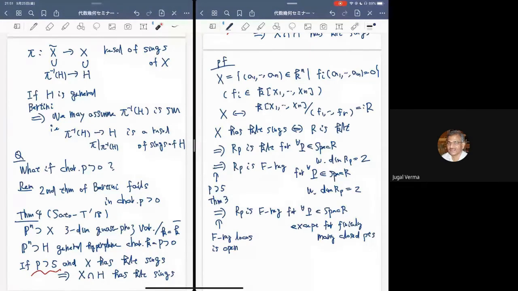But we are interested in the singularity of the intersection X with H. The H is general, so we can avoid finitely many cross points if we choose H suitably. So which means we may assume